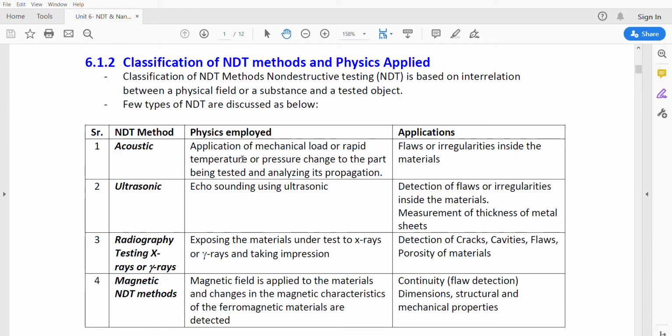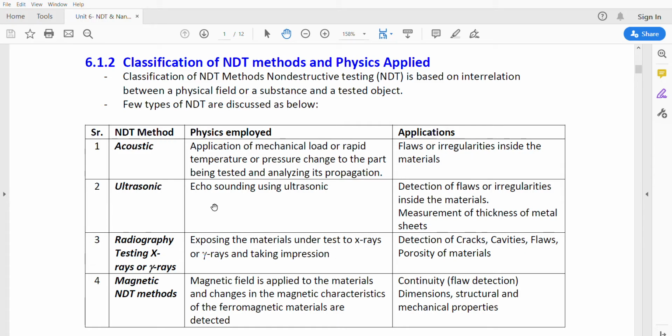Here, we apply a mechanical load or rapid temperature or pressure change to the part being tested and analyze its propagation. We are going to test some part, and for that part we apply heavy pressure and study the pressure changes. By studying the pressure changes, we can understand the flaws or irregularities inside the